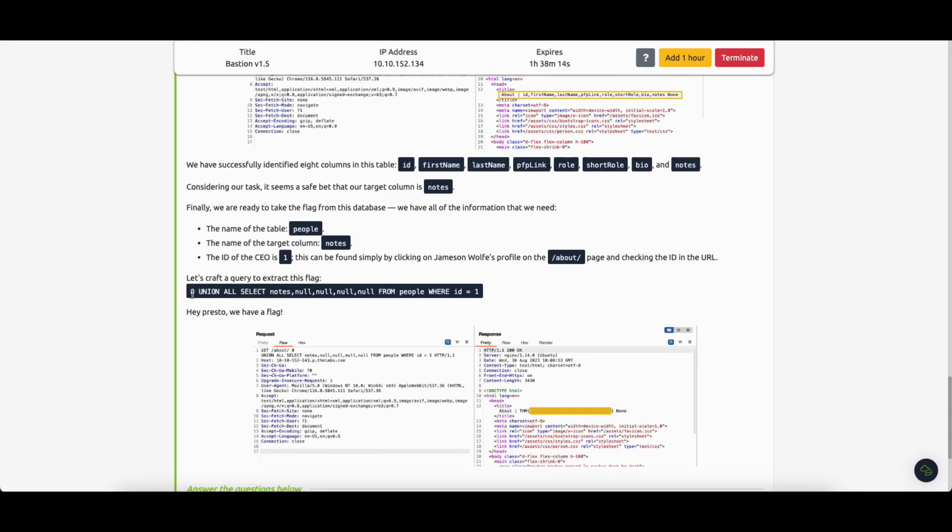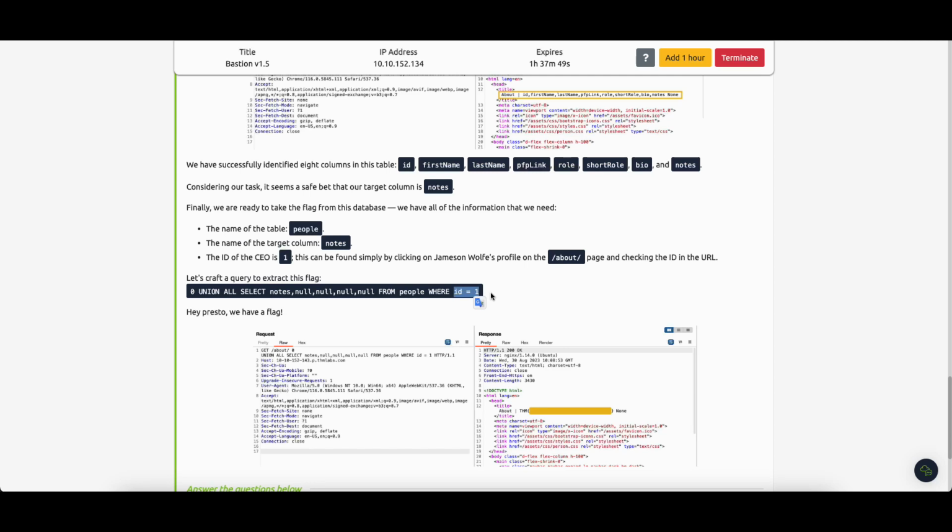The next step is zero union all select notes, null from people where ID is equal 1. Now as you can see, we are trying to extract notes from the people table where the ID is equal 1. Probably the ID 1 belongs to someone